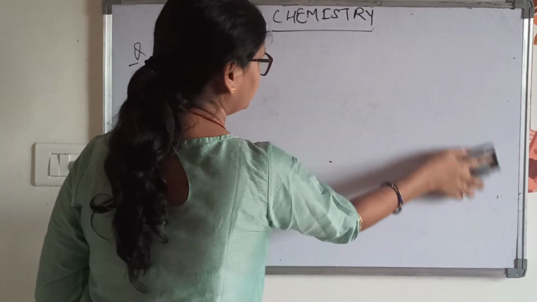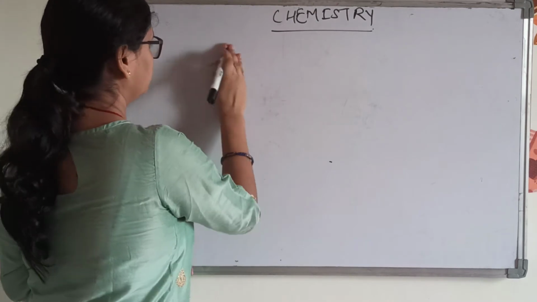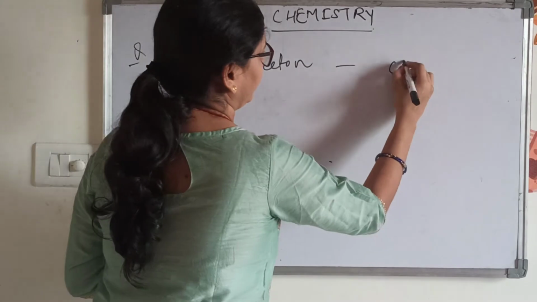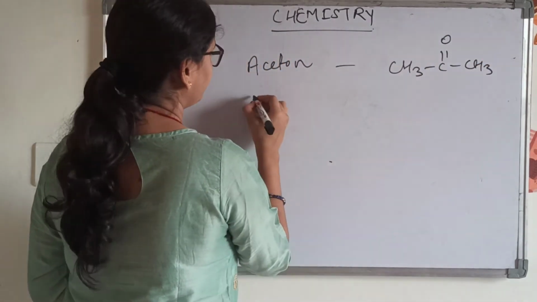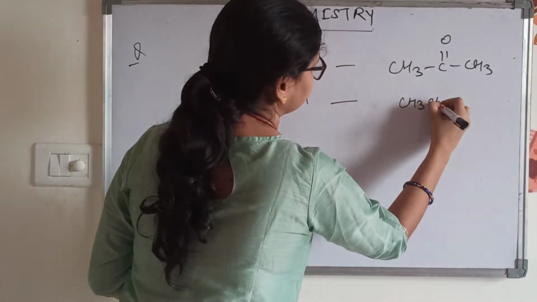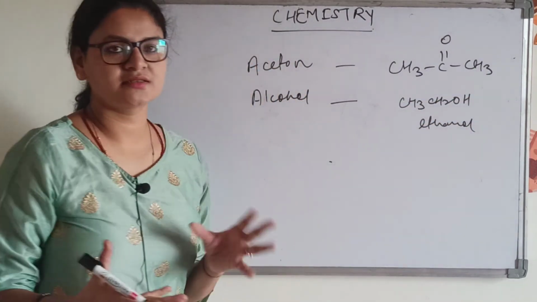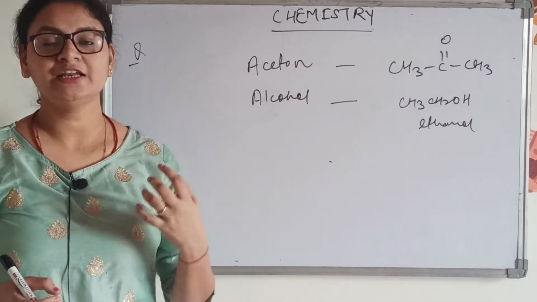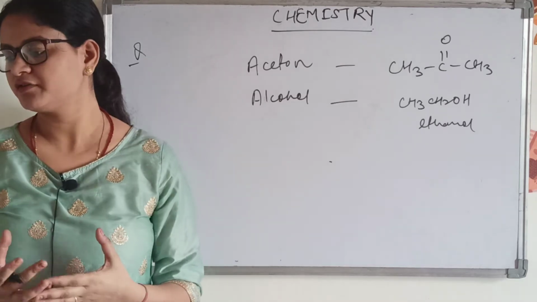So basically it's a mixture, and in the question it is being asked: acetone is given. This is acetone, and it is being added with alcohol, any type of alcohol, CH3CH2. I am writing ethanol. By chance a student has mixed both alcohol and acetone. Then if I ask you to separate them, what will be the methods of separation?